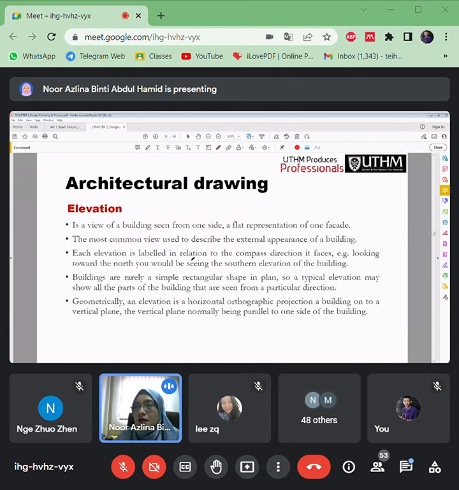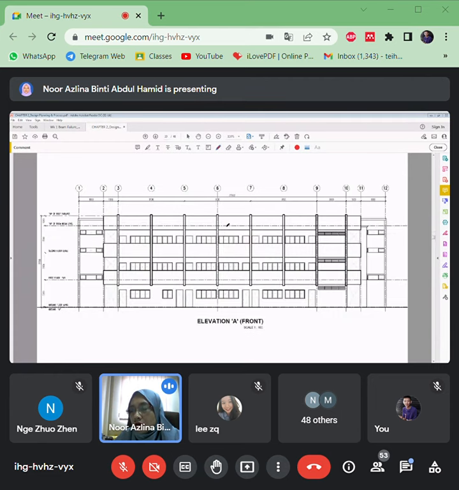Okay, alright. So next we go to the elevation. Is this the front view or back view? Okay, this is the front view here. It looks simple, right? It seems easy to draw. But it depends on how the architects arrange things by their concepts.